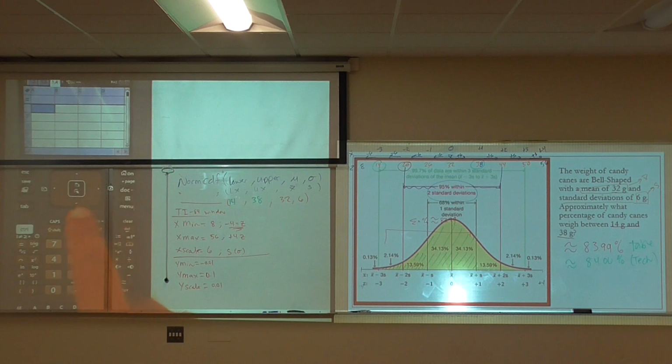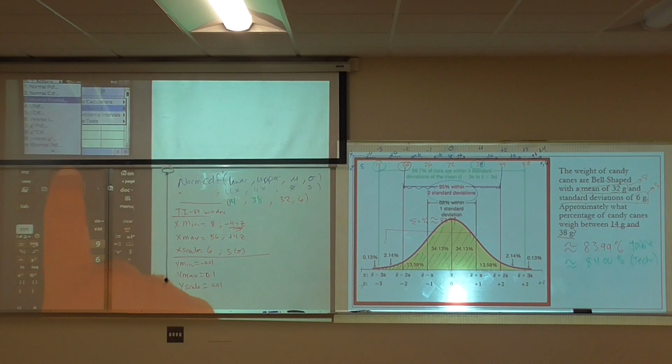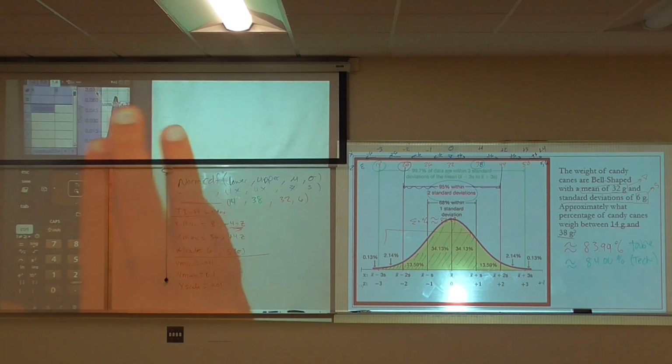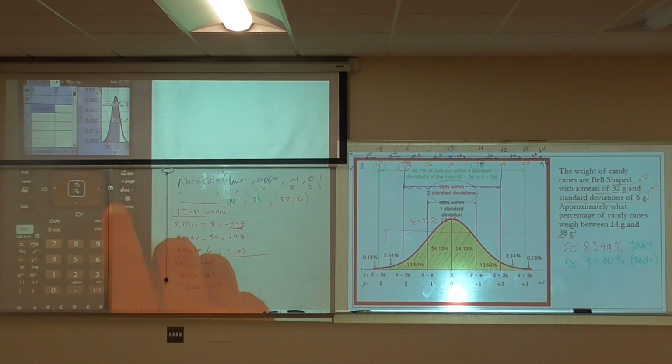So come over here, let's do it. Menu, stat, distribution, the cumulative frequency. We're looking at, it's supposed to be 14, 38, 32, 6, and now I'm going to grab it and enter it. Notice how it says the same thing, but once again, you can always readjust this by going to your document,